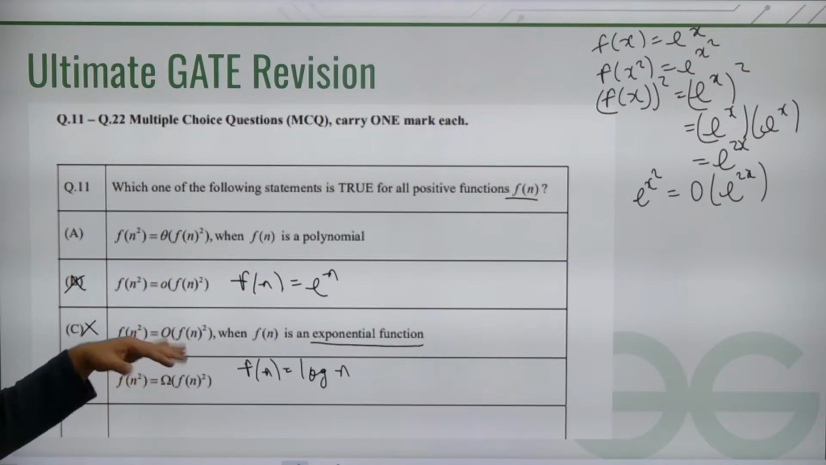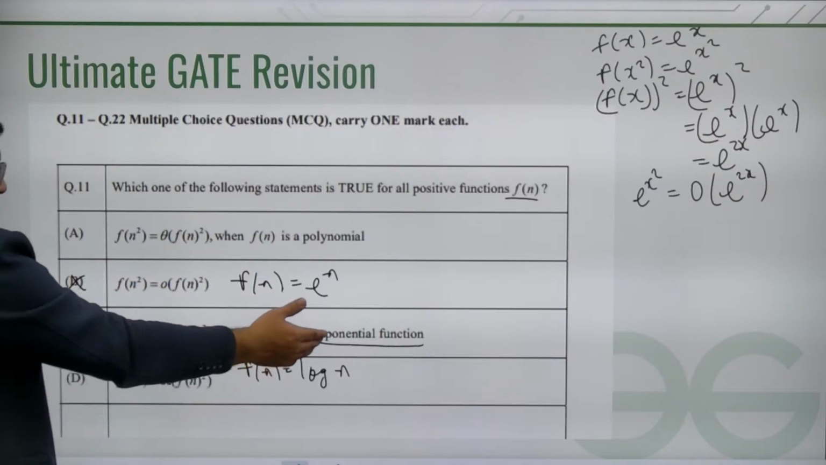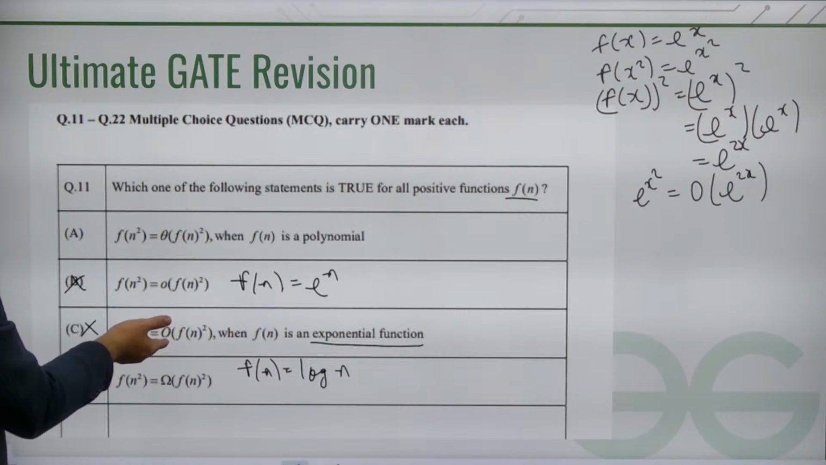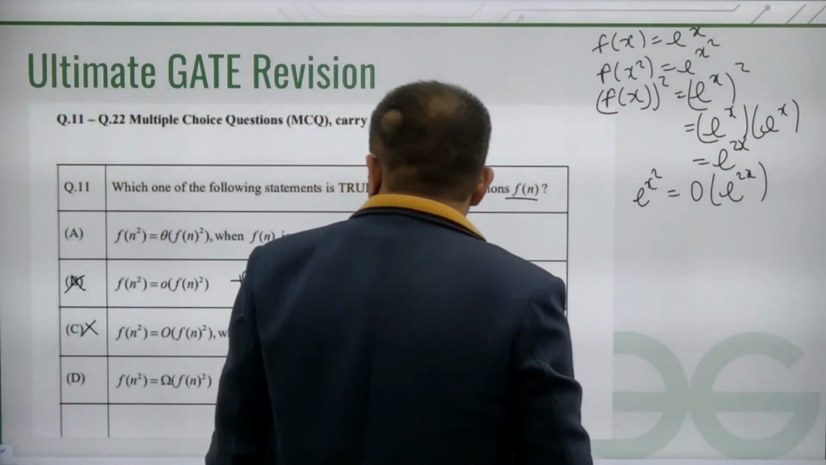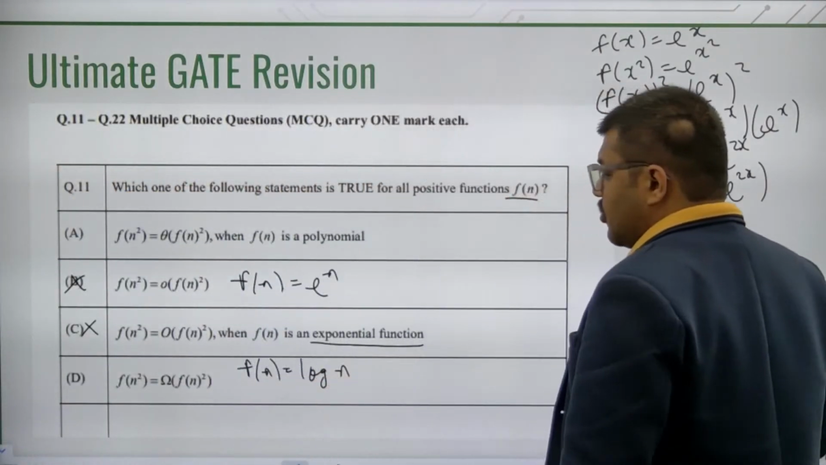Okay, but we are checking which statement will be true, and we know that the exponential function failed to give an upper bound here, so the logarithmic function will fail to give a lower bound here. Okay, your exponential function couldn't give an upper bound. So if I take f of n as log n, then